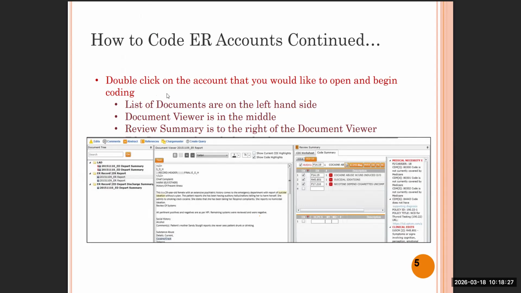Double click on the account you would like to open and begin coding. The list of documents is on the left, the document viewer is in the middle, and the review summary is to the right of the document view. You will see edit, comment, abstract, reference, and similar options.